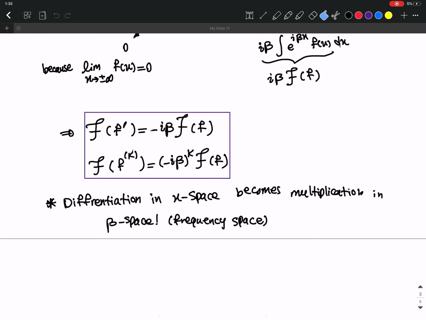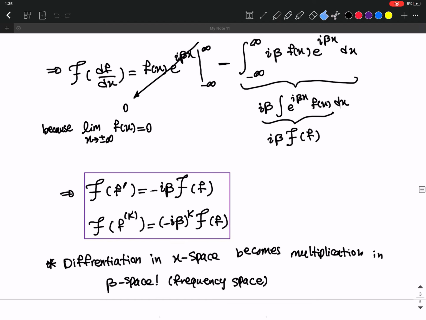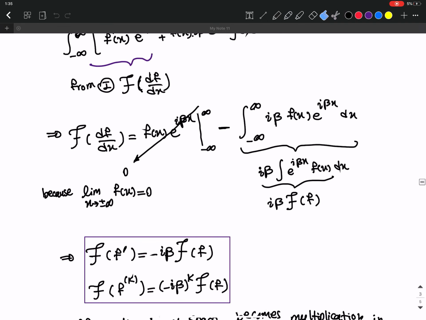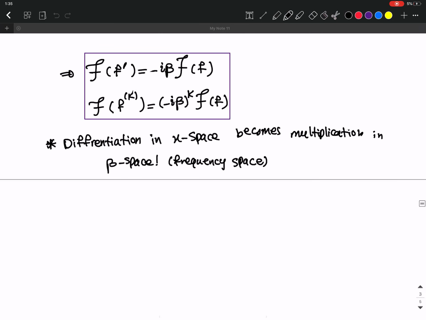Okay, so the next property of Fourier transform that I want to go through is something called convolution. So let me write it down. Number 3 is convolution, is an operation. Okay, so we define the convolution as